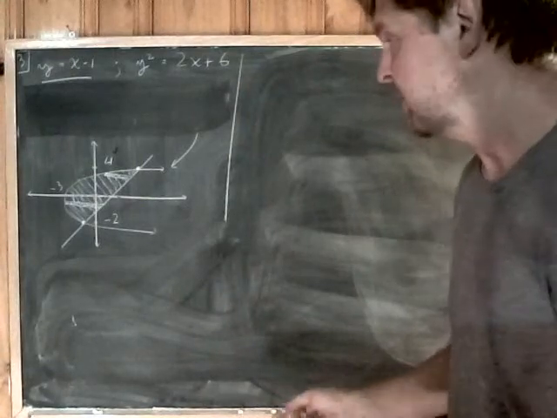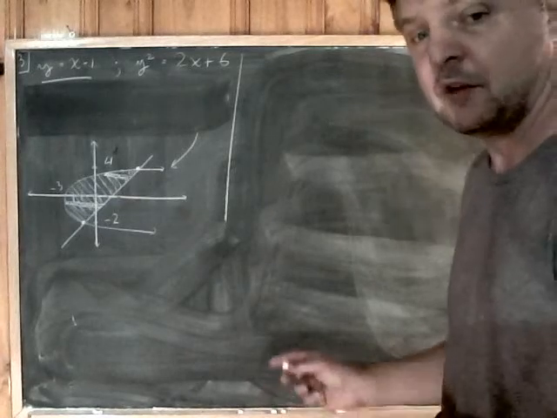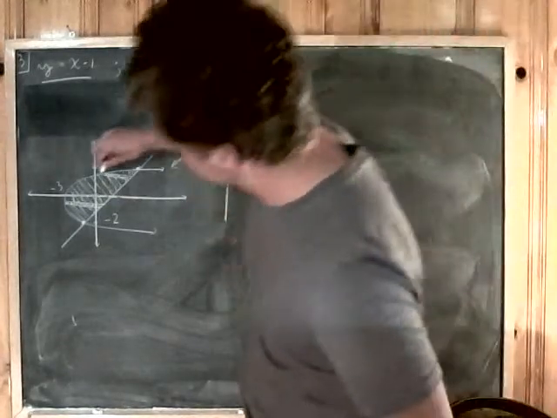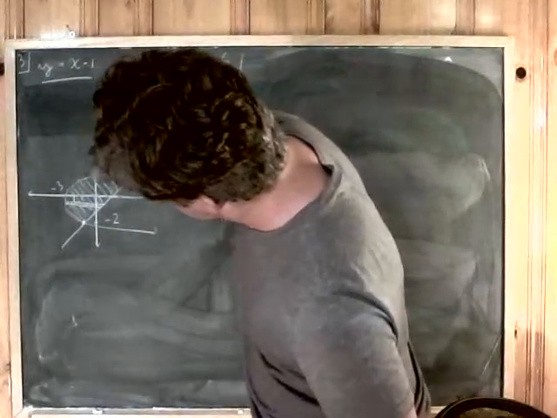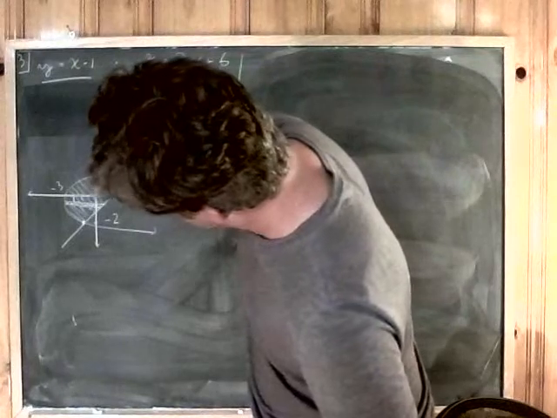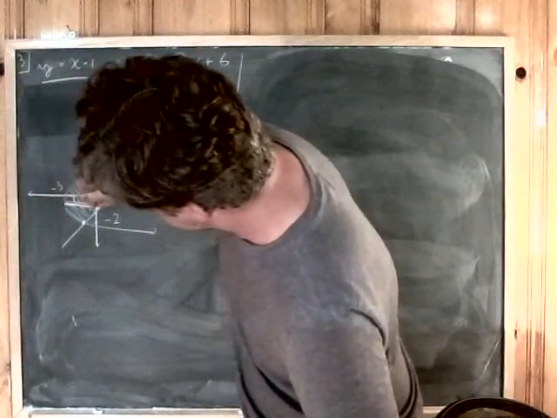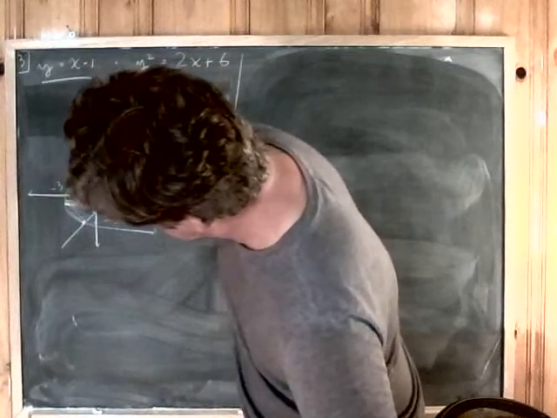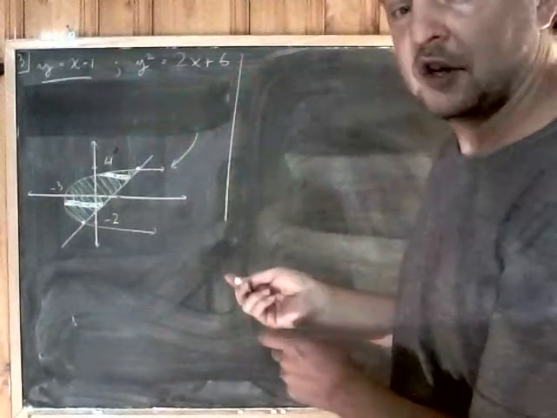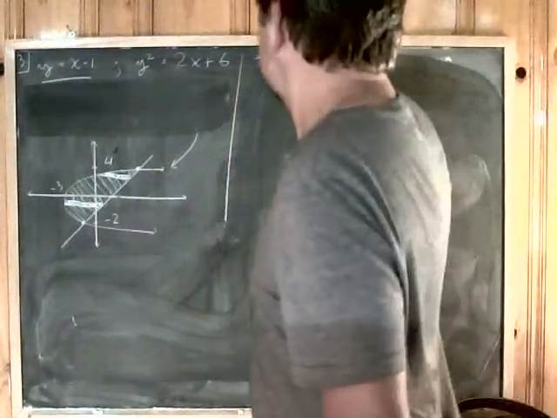What you need is for the same curve to always be on top, the same curve to always be on bottom to be a type 1, or to be type 2, the same curve always on the left, same curve always on the right. And that works out great. For type 2, you can make these horizontal slices, and no matter where you make them, at the top, in the middle, you always see the parabola, the curve on the left, and the straight line on the right. So we want type 2,